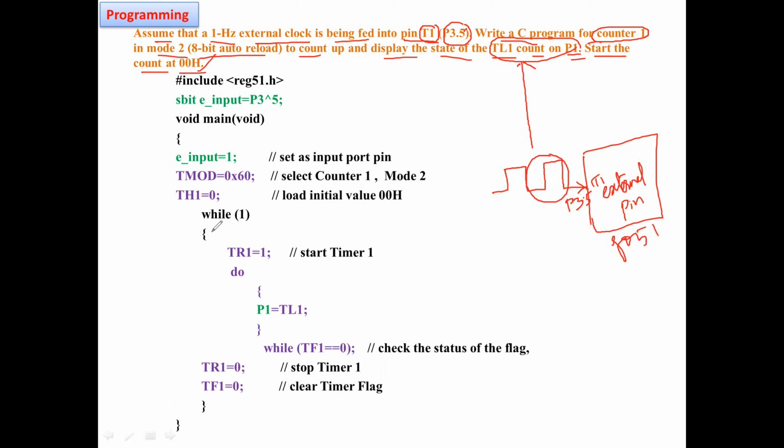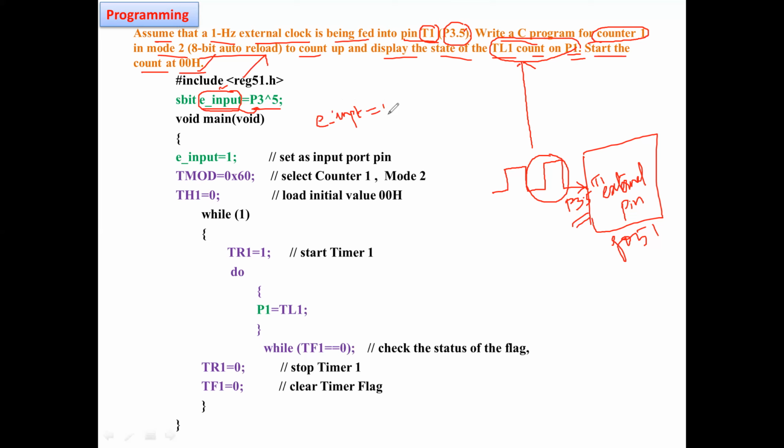Here I am assigning the external pin. Initially the header file, then sbit, this is your variable. I am assigning this variable to the P3.5 pin. So whatever modification I do to this variable will be reflected to that particular pin.